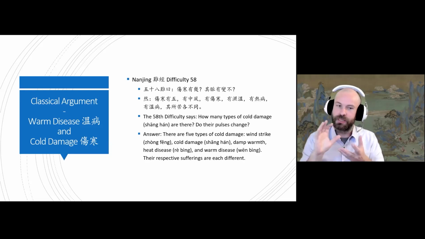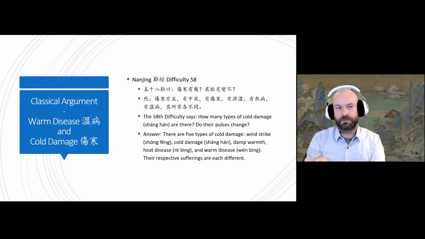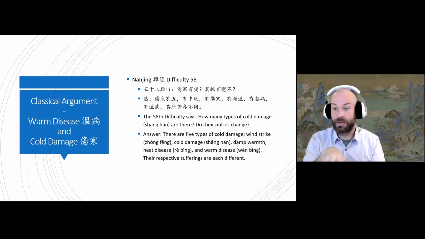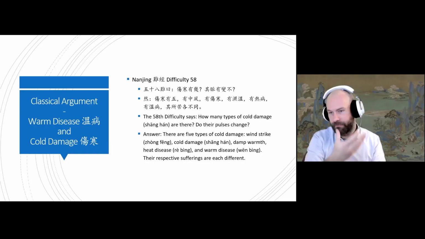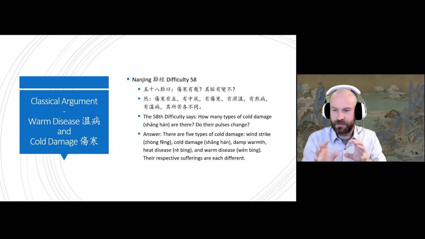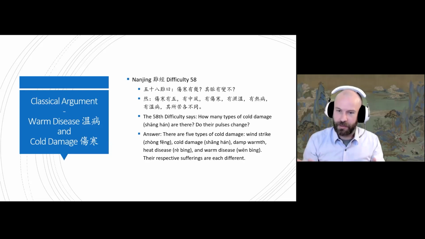So it's just looking at this methodology. It's not like this is the only way to do it. This is just laying out a framework. And the reason why I would argue that is that in difficulty 49 and 50, they talk about this idea of 5 evils, where each one of the evils can invade a certain element. So you can have wood invading fire, water invading fire, metal invading fire, earth invading fire, and things like that. And so this is a framework. When you look at it, each of these damages is represented by a phase or an element, and it's just laying out a pattern. But I don't think that pattern is perhaps the only way that we can look at it.